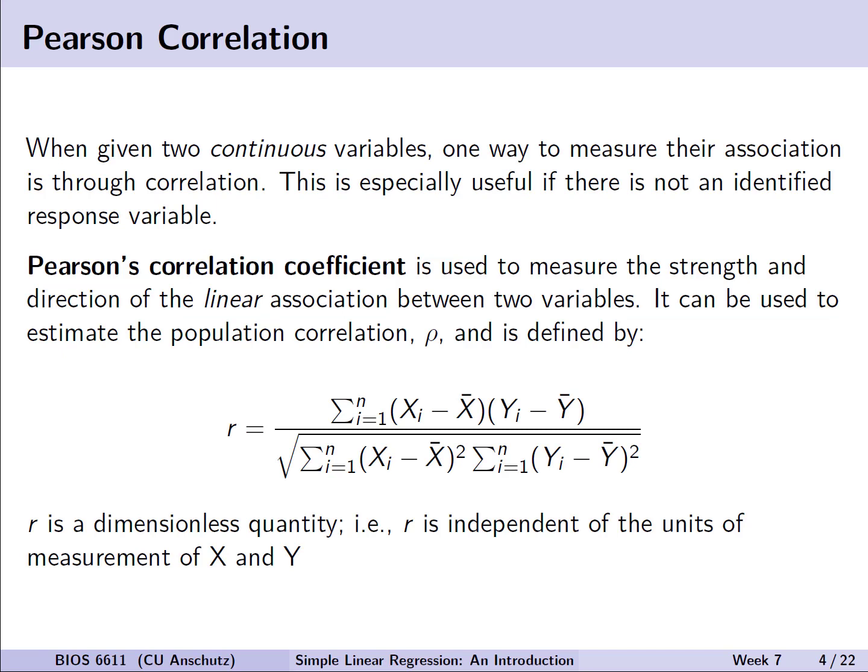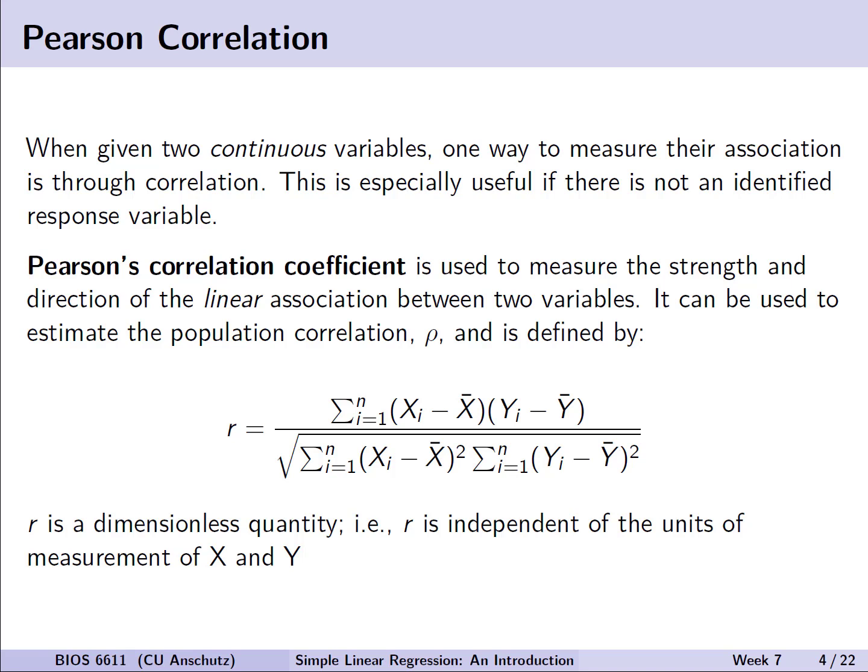For the purpose of motivating simple linear regression, we're going to first talk about Pearson's correlation. When given two continuous variables, one way to measure their association is through correlation. This is especially useful if there's not yet an identified response variable. For example, if we have two continuous measures and we don't necessarily think of one as the outcome and one as a predictor. Pearson's correlation coefficient, then, is used to measure the strength and direction of the linear association between the two variables. It can be used to, therefore, estimate the population correlation, which we designate rho, and it's defined